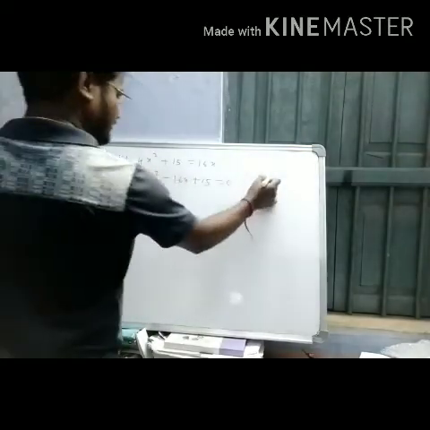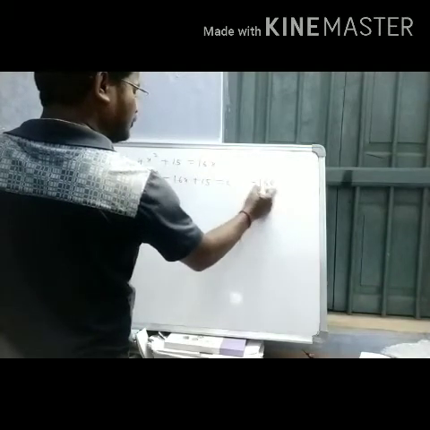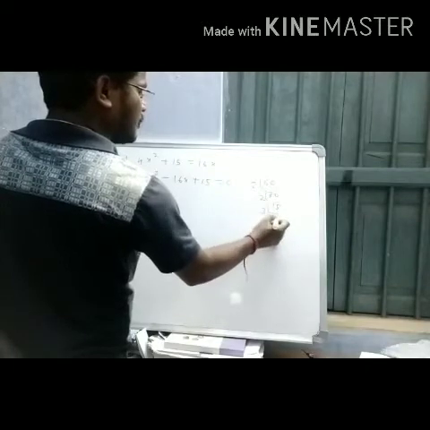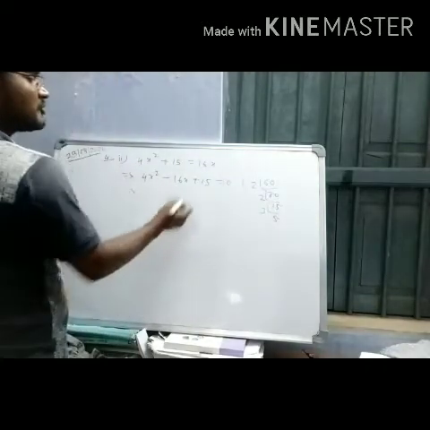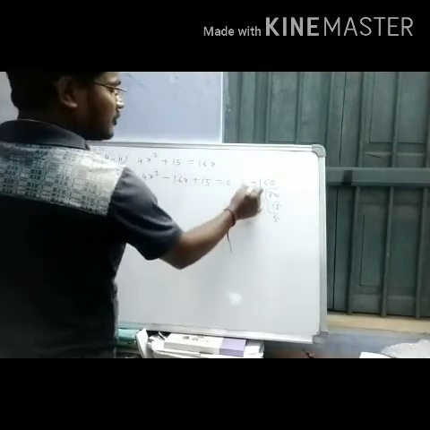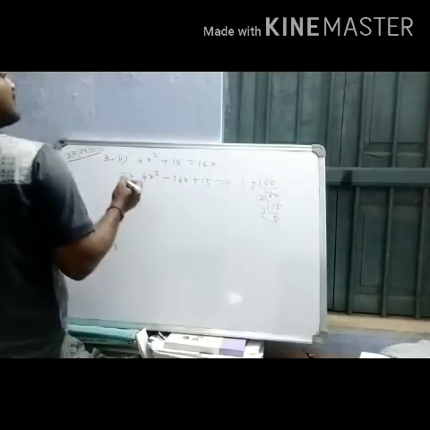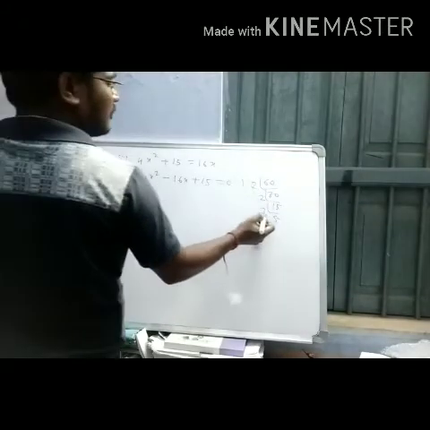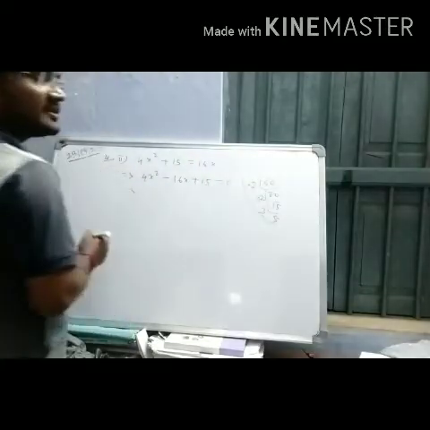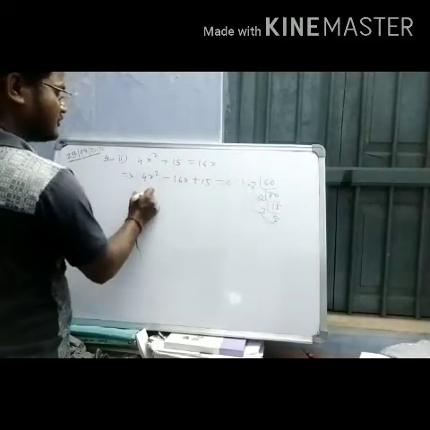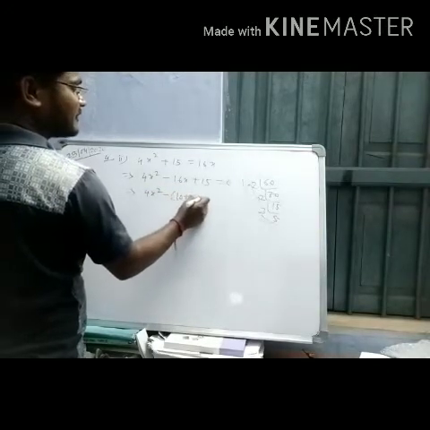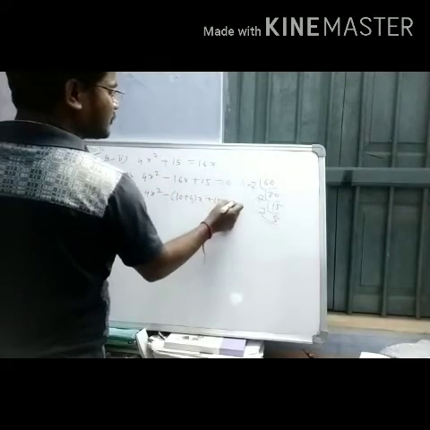15 into 4 is 60. Now we have to factorize 60 and make two numbers, two groups, so that their sum will be 16, since a positive sign is given. 2 times 4, 5 times 15: 4 plus 15 is 19, not possible. Okay, 5 times 10, 3 times 6: 10 plus 6 how much? 16.